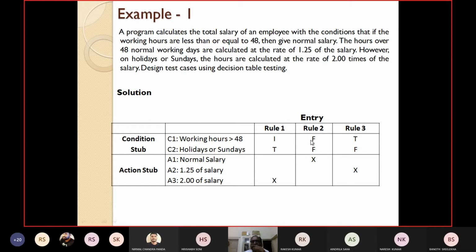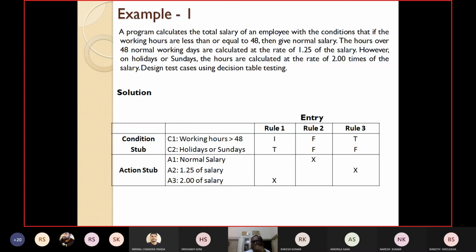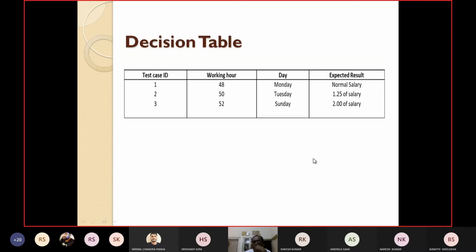That means if the working hours are less than 48 and it is not a holiday, it means a working day. What do I have to give? Normal salary. So rule 2 I have to take. Rule 2 says give normal salary, A1 is the action. So now I have to write the expected output: normal salary.